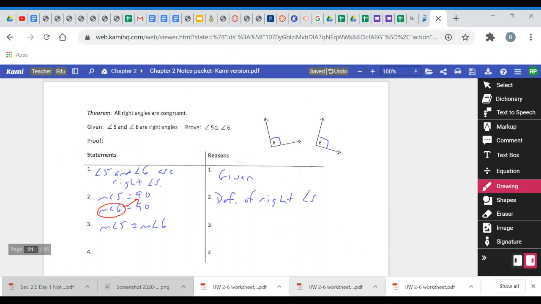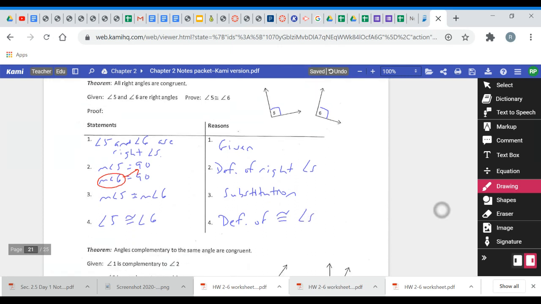And from there, I'm putting something into something else's place. So I've got substitution. All right, and then from there, I'm switching from the equal sign to the congruent sign and dropping little n's in front. And that is definition of congruent angles, just like we were using definition of congruent segments yesterday. All right, so next up,